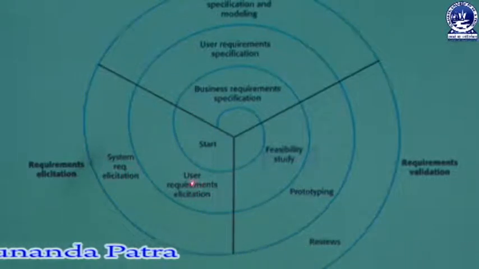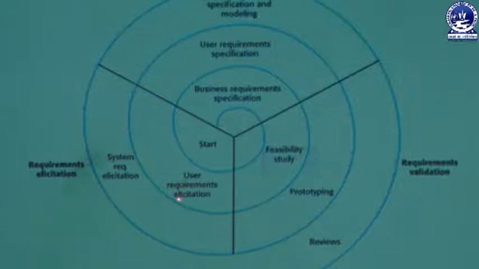That means I am gathering the requirements from my end user, and after gathering them, I will go for specifying them. This is the formal specification of the user, that's why its name is user requirement specification. So after getting the user requirement specification, we will go for prototyping. We already know that prototyping means a demo model. So here we will develop a demo model of the user requirement specification.